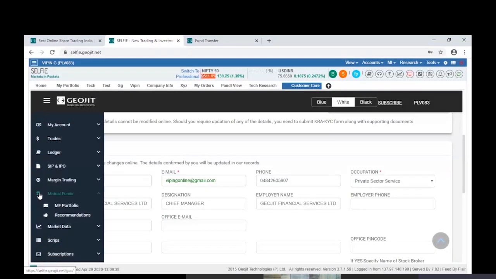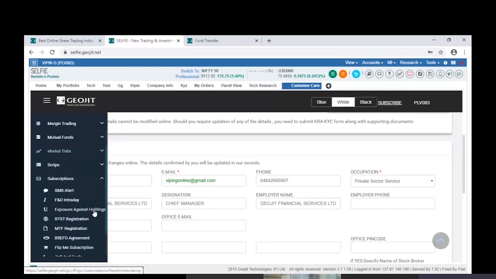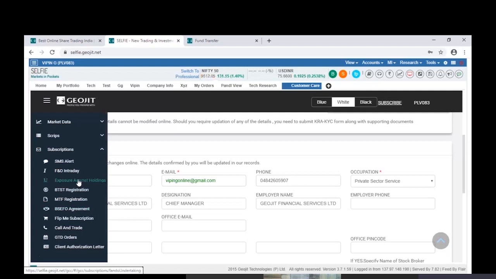And then we have GTD orders, that is good till date orders. Every order that we place on a day will expire on the same day. But if you want to have the order in the system for a very long period, you can go for the good till date option, which will be there in the system for 365 days. So as of now, 29th April 20, if you place an order in GTD, it will expire only on 29 April 21. But if the price matches on any of these days, then also it will expire. So these are some of the features of the customer care site.